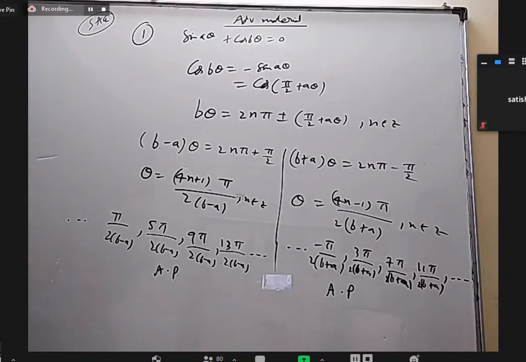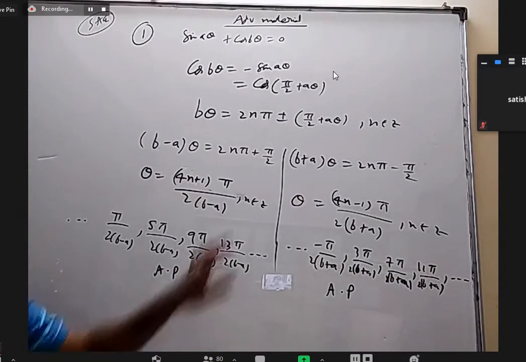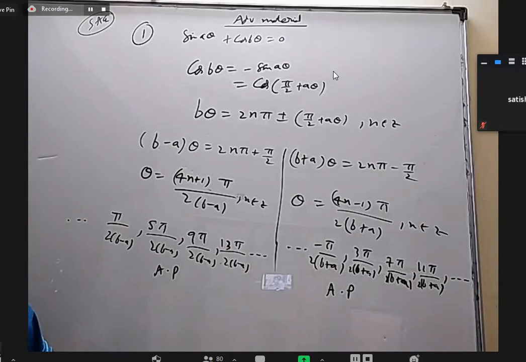Sir, what happens if we write minus sine a theta equals sine of minus a theta, and sine of minus a theta equals cos 90 minus theta? Yeah, that theta is minus a theta there for you. So 90 minus a theta is 90 plus a theta only. Again, same thing is coming, right? Okay, okay, yes, sir.